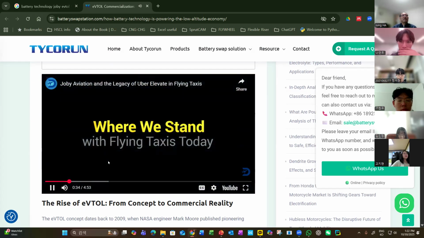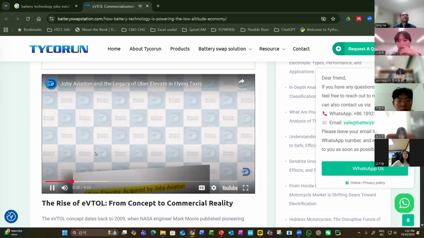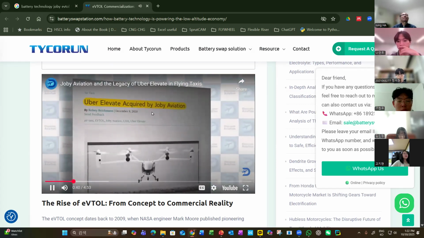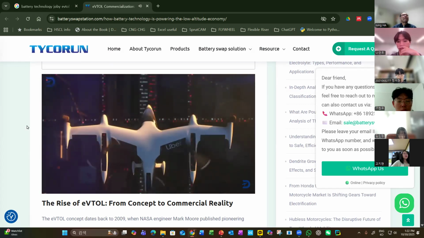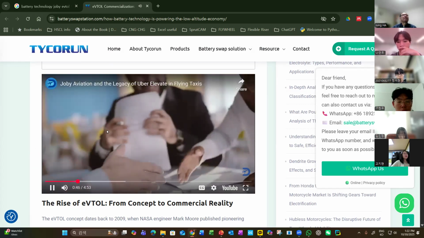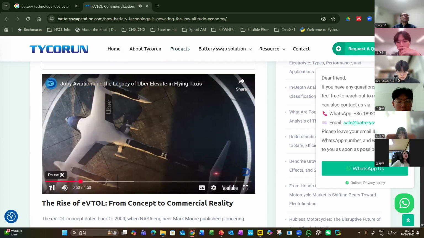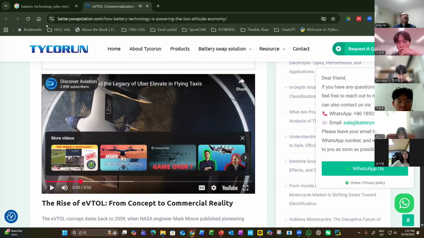The dream of flying taxis is closer than ever, especially with Joby Aviation acquiring Uber Elevate. This deal marks a significant shift in the urban air mobility landscape. While the financial details of the acquisition haven't been disclosed, Uber has committed an additional